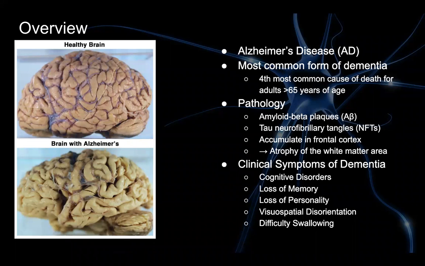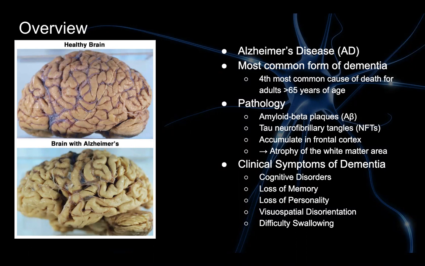Alzheimer's disease is the most common form of dementia and is the fourth leading cause of death in adults over the age of 65. The main pathologies of Alzheimer's disease are the presence of amyloid beta plaques and tau neurofibrillary tangles accumulating in the frontal cortex region of the brain, resulting in atrophy of white matter area. These pathologies result in clinical symptoms of dementia, such as cognitive disorders, loss of memory, loss of personality, visuospatial disorientation,